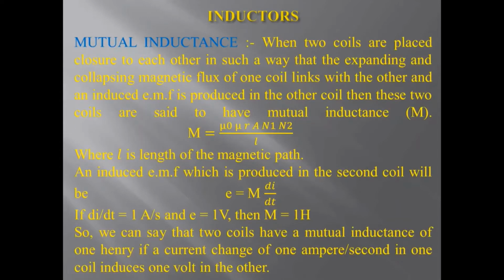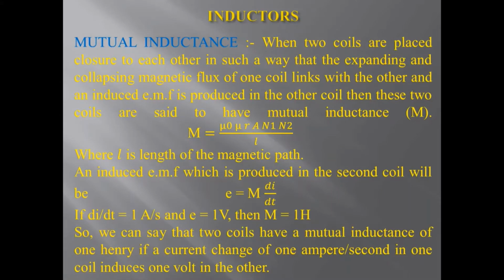Next, we will try to understand what exactly we mean by mutual inductance. When two coils are placed close to each other in such a way that the expanding and collapsing, or the change in the magnetic flux of one coil links with the other, and an induced EMF is produced in the other coil, then these two coils are said to have mutual inductance, which is given by M is equal to